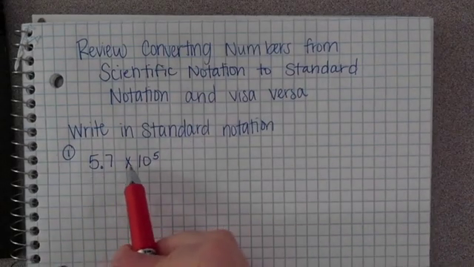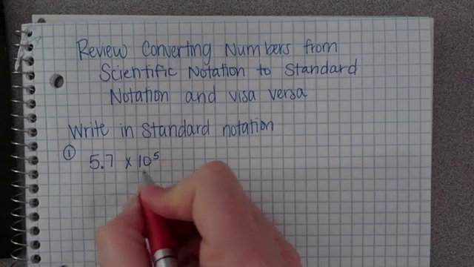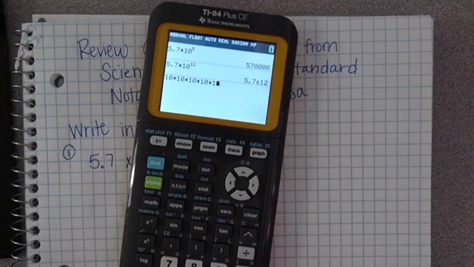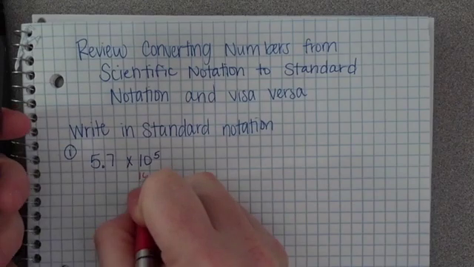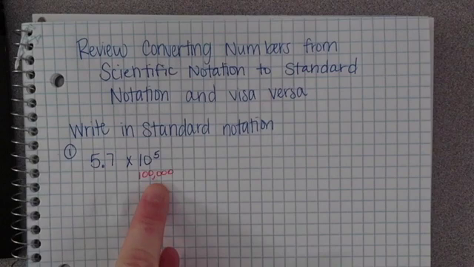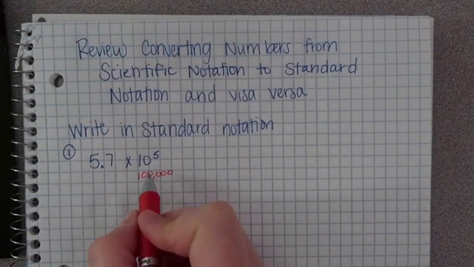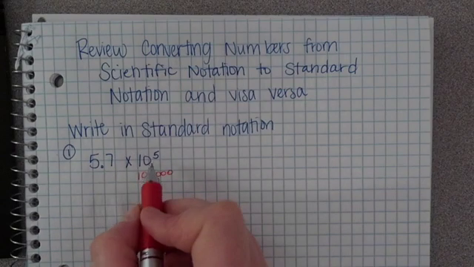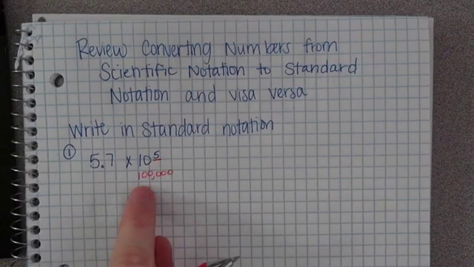So if you do 5.7 times 10 to the fifth, what you're actually multiplying by, if you think about 10 times 10 times 10 times 10 times 10, or 10 times itself 5 times, is 100,000. So you're actually multiplying this number by 100,000, or 1, 2, 3, 4, 5 zeros. But I think students get confused when you say 5 zeros because they just automatically try to add 5 zeros on. But what you're actually going to do is we're going to move this decimal 5 times, because every time